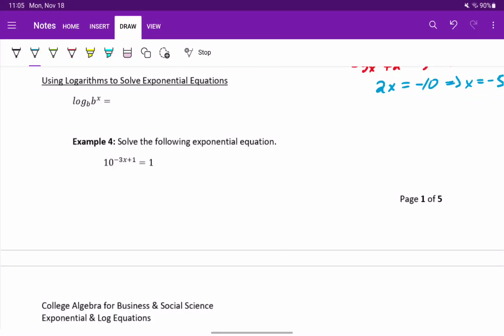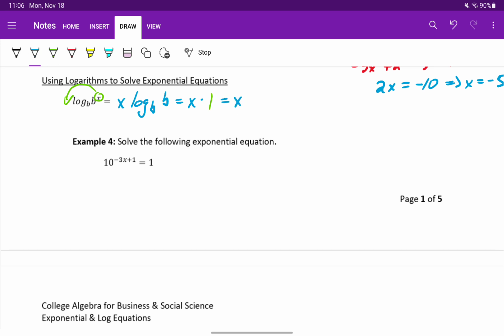In the next two examples, we want to look at how we can use logarithms to solve exponential equations by first taking a look at the expression log base b of b to the x. That's going to be equal to x times the log base b of b, because we can use the power rule of logarithms to bring that exponent down as a factor in front. And anytime we have the log base b of b, anytime the log and the expression we're taking the log of match, we get